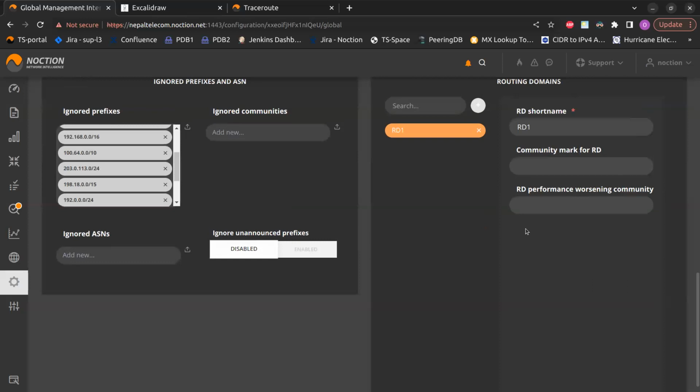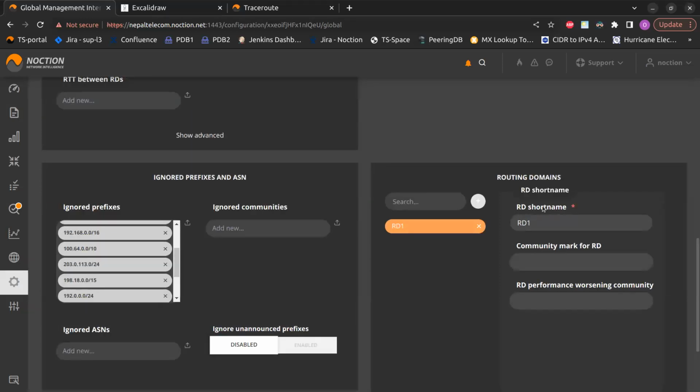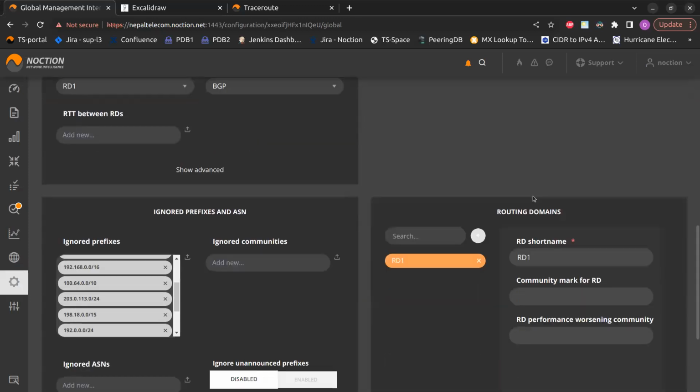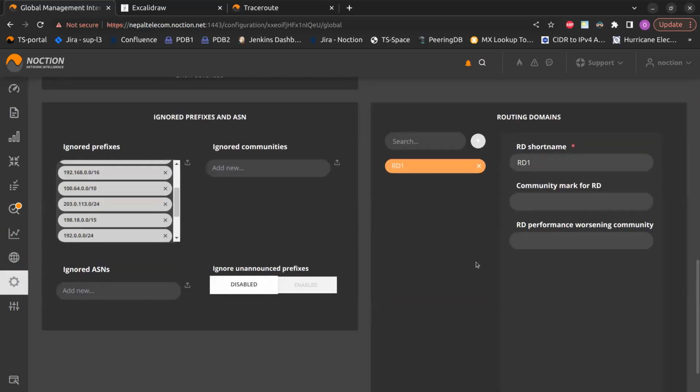Routing domains, this is only for multiple routing domains. If you have, I actually mentioned it before, if you have multiple data centers in different locations that have some particular distance between them, but the latency between them is no more than 60 milliseconds, then RP can do improvements and manage multiple data centers. So where to configure RD2, RD3, and so on, it's configured here. Okay, so you add an RD2, but yeah,